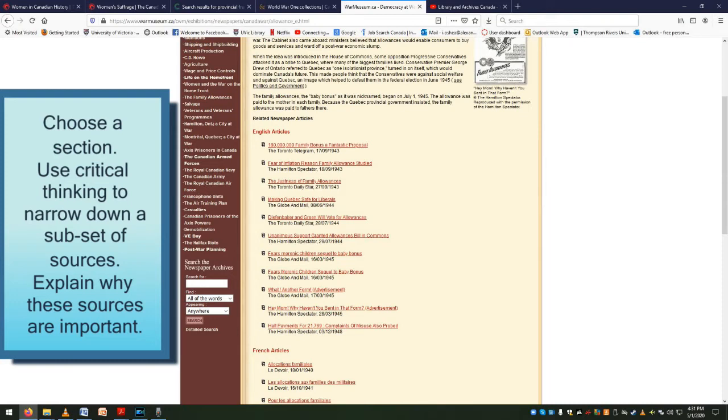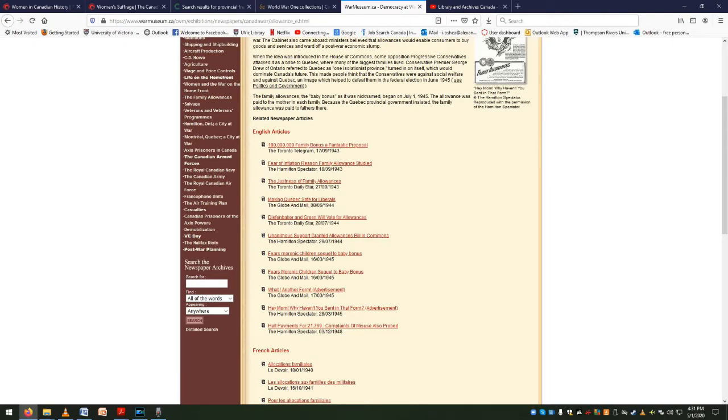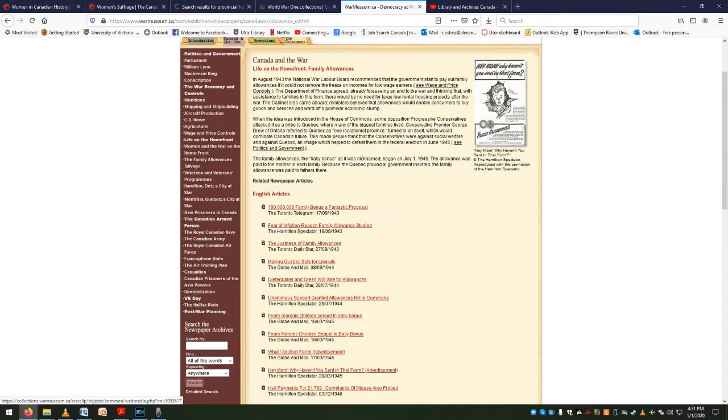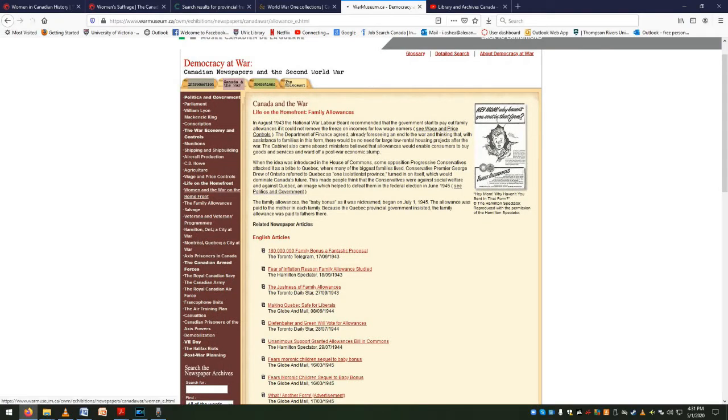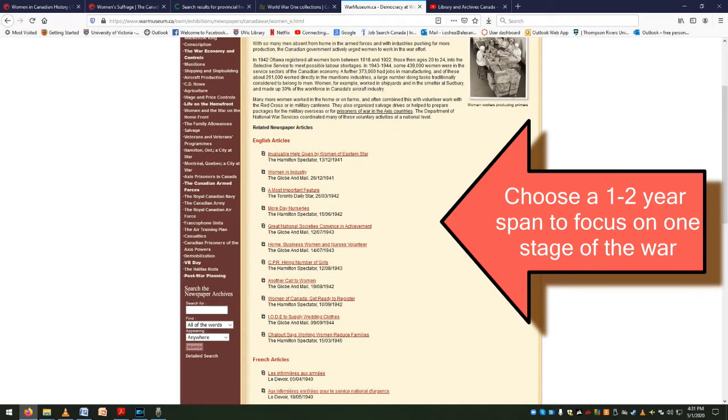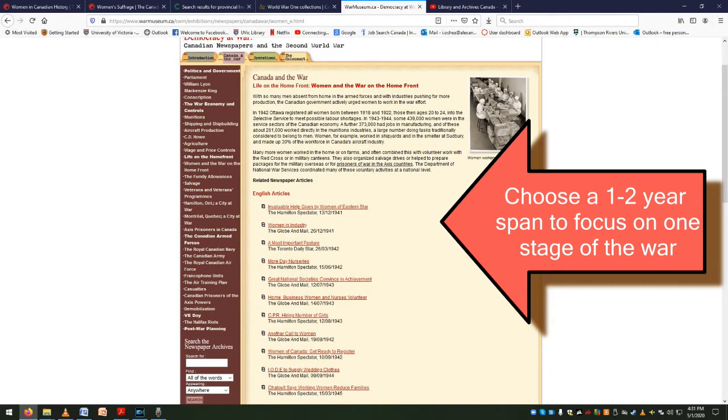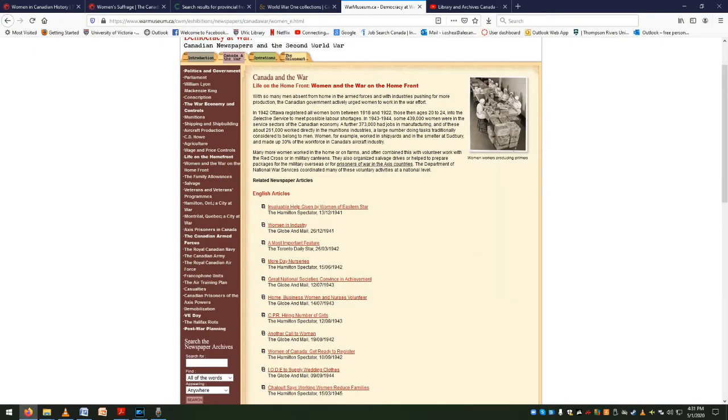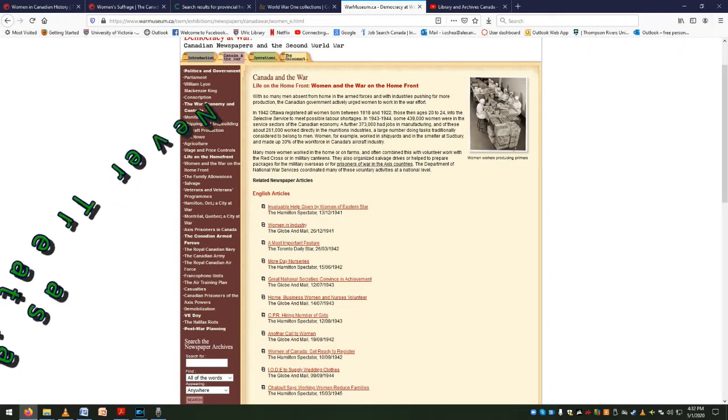Now, depending on the length of the articles and the length of the analysis you're expected to complete, you may want to narrow down your choices. Maybe get rid of something that's not quite on the right topic, or maybe choose a specific date range to focus on. Family allowances are all pretty tight timeline from 1943 to 45, but others, like women in the war, are much more spread out over the course of the war, and to be honest, this is actually the most frustrating part of this database, because this makes it seem like women in the war is one single bite-sized topic,